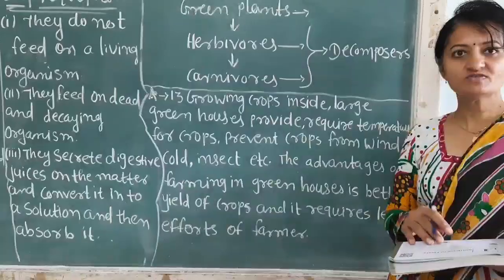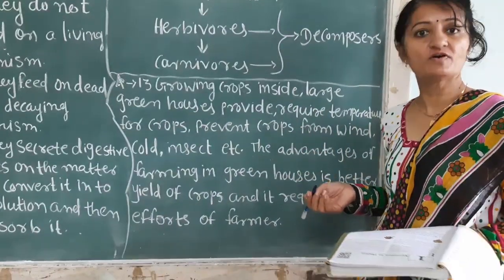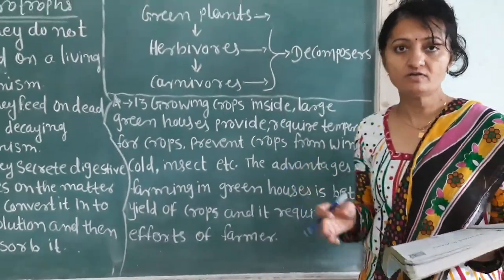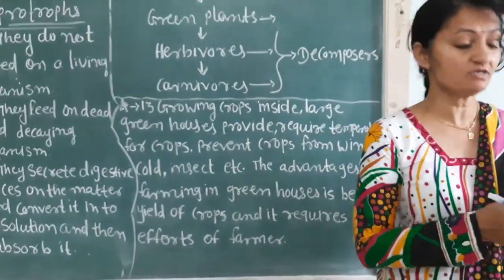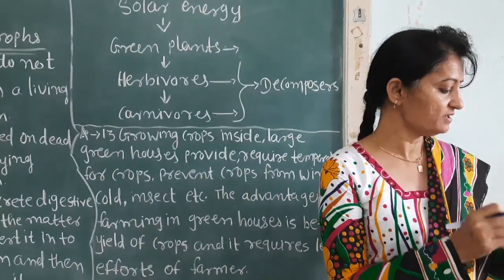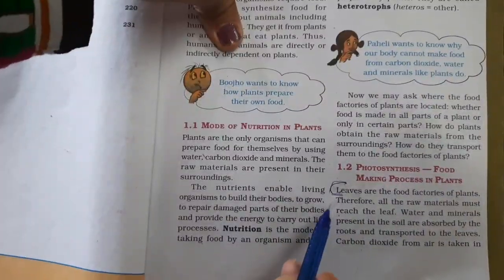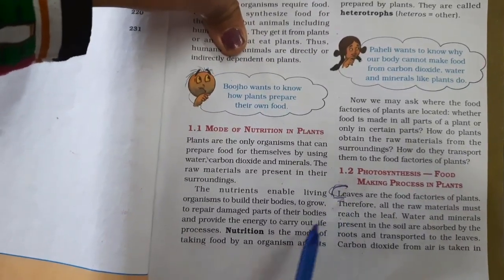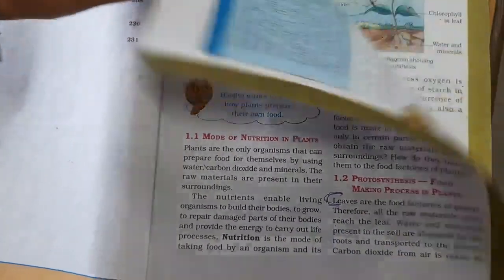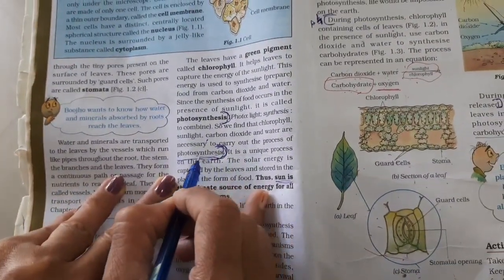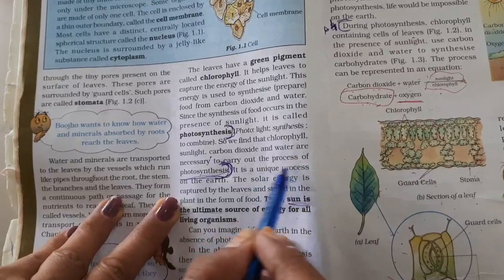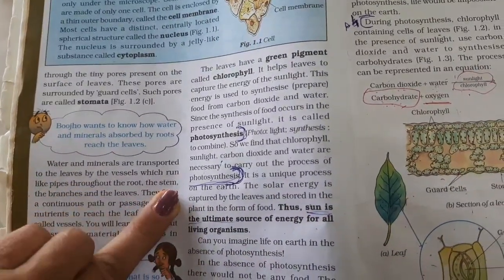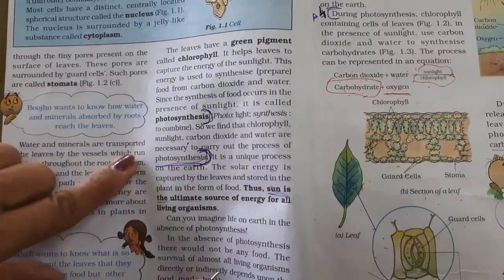Okay students, here all the question answers of our exercise are complete. Now there are 2 questions in our book. What is photosynthesis? It is a long question. So take out your textbook, page number 1. Write this question from here, from Leaves are the food factory. And page number 2, write from here: Water is necessary to carry out the process of photosynthesis. Clear? It is a very important question. So please write it in your notebook.